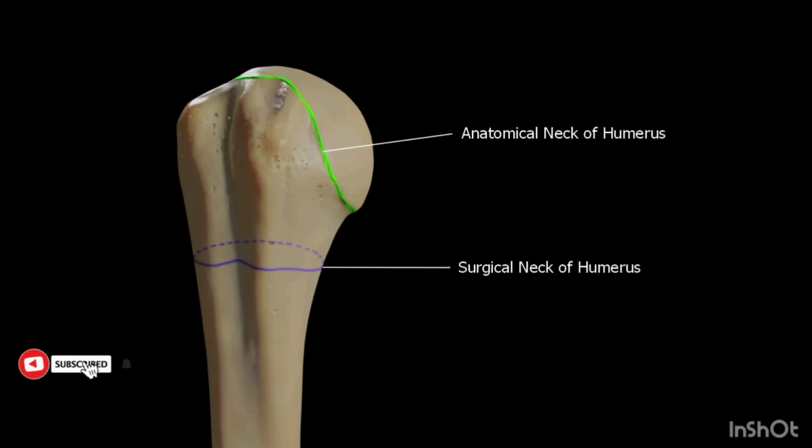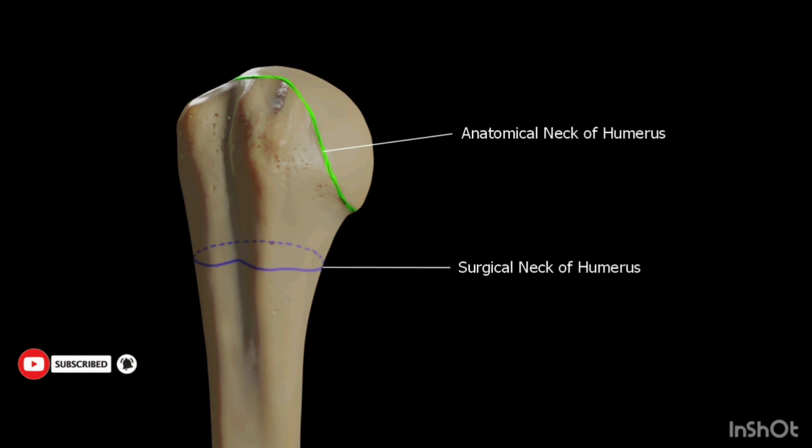Two important landmarks: the anatomical neck and the surgical neck. The anatomical neck is the narrow groove immediately below the head of the humerus, marked in green. It separates the articular surface of the humeral head from the greater and lesser tubercles. This region represents the attachment of the joint capsule of the shoulder and plays a key role in forming the